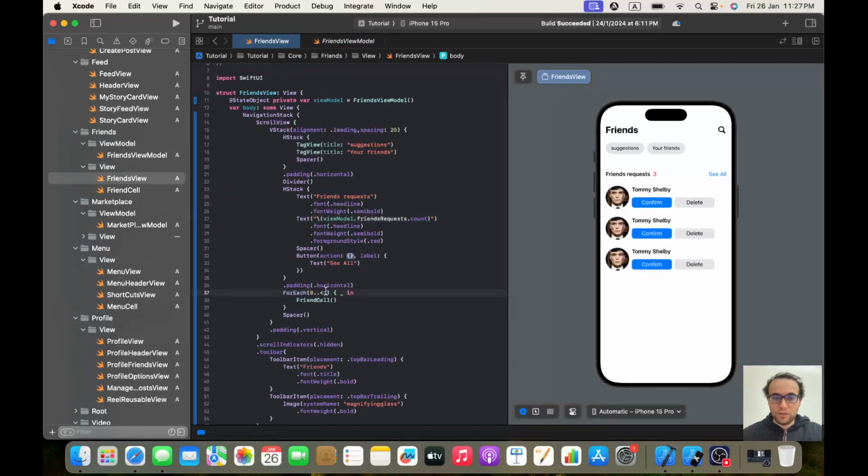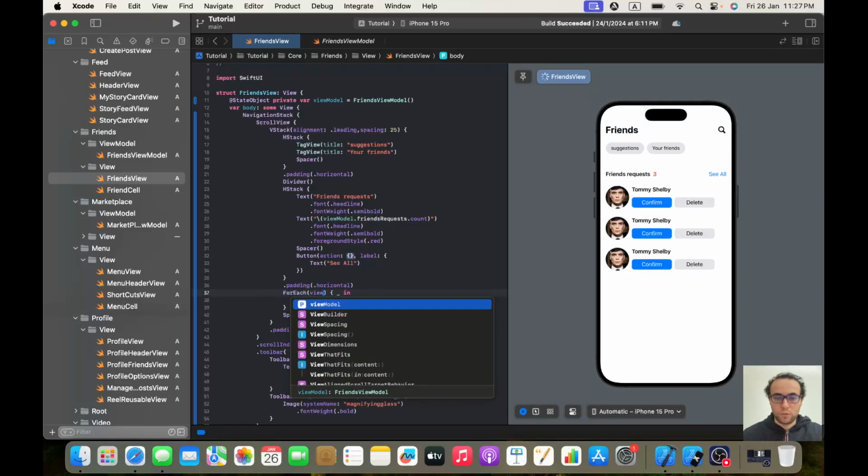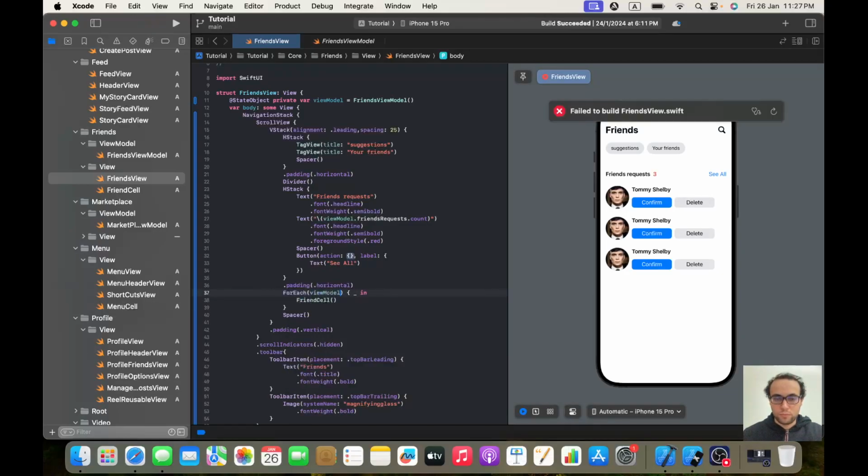Okay, and here in the ForEach now, we will do ForEach, and it will be viewModel.friendRequest.count, and I will make it this way, 0..<viewModel.friendRequest, and I will have here index,